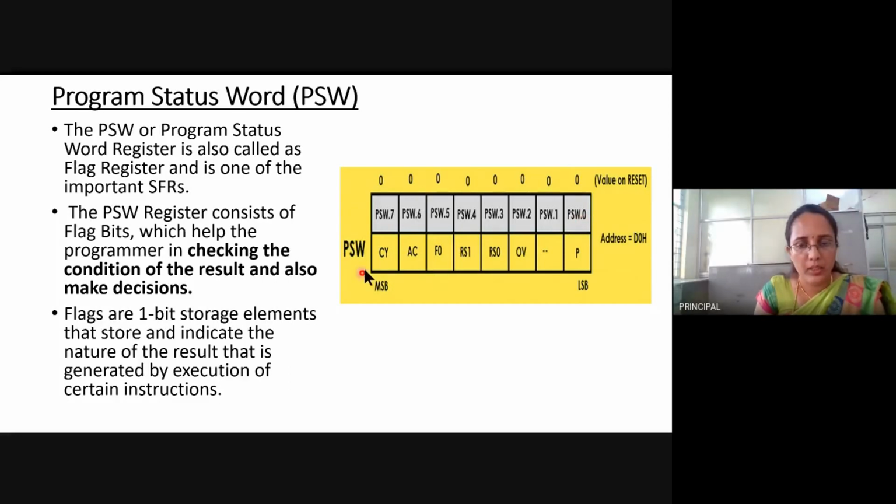In these 8 bits, each single bit can be accessed, meaning we can set or clear each and every bit of this PSW. Each bit is considered a flag bit. Flag means it is indicating some condition of the result.